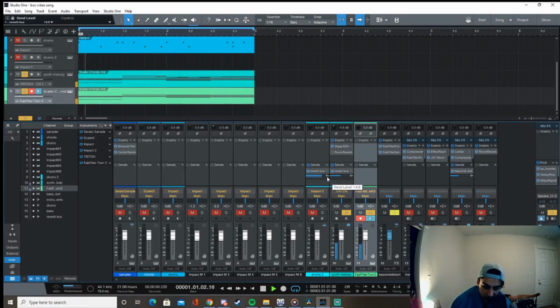Mix that into taste. Pretty low. And now we're kind of giving these the same space, and this will also save your CPU from exploding